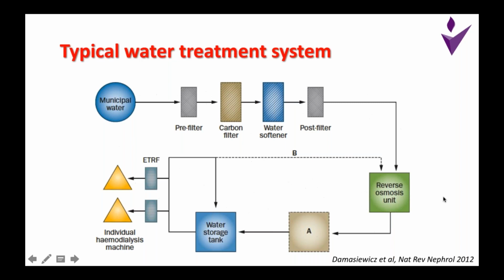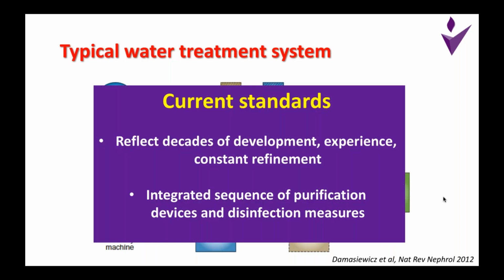So we have a current standard for water quality for dialysis, and these current standards are not fixed, but they reflect decades of development, experience, and constant refinement that have taken place in water treatment standards. And achieving these standards requires an integrated sequence of purification devices and disinfection measures. So you don't have one single magic bullet which can produce pure water, but it must be an integrated and sequentially